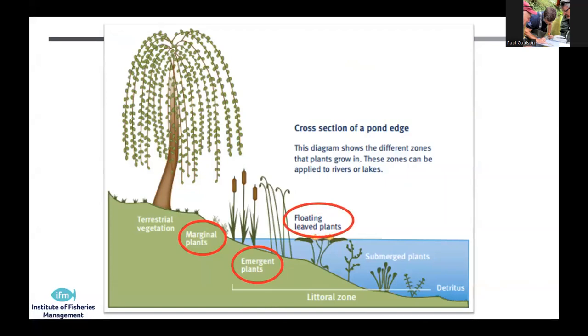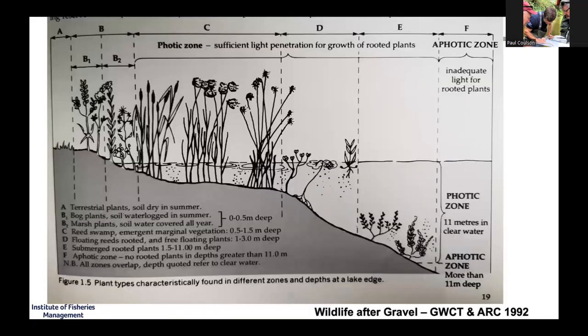When you're looking at a lake, you can put marginal plants in, which live mostly on the dry side. You can put emergent plants in. You've got things like your typha and your phragmites. We could put floating leaf plants in, like our lilies and our potamogetons, and we could put fully submerged plants in, like your things like, oh God, my mind's gone completely blank. Elodea, your Canadian pondweeds, those invasive plants, Lagarosiphon, and your hornworts and what have you. Those submerged plants can be in there as well.